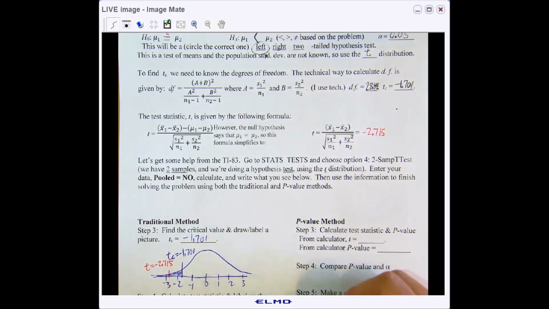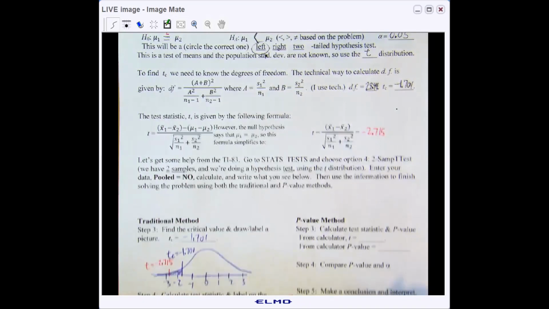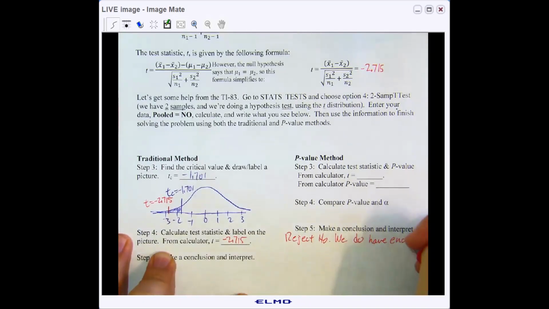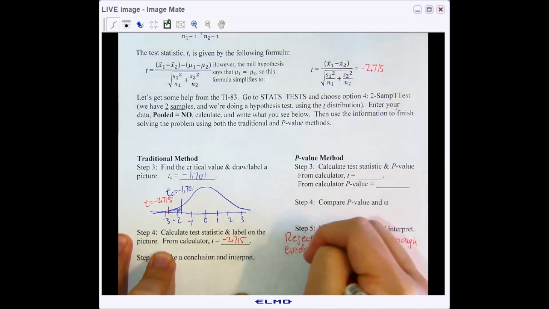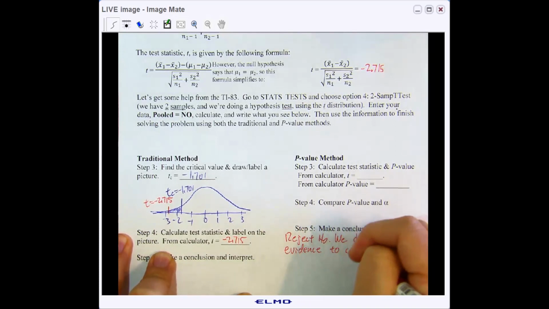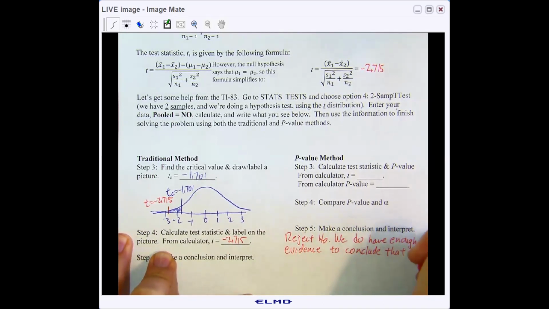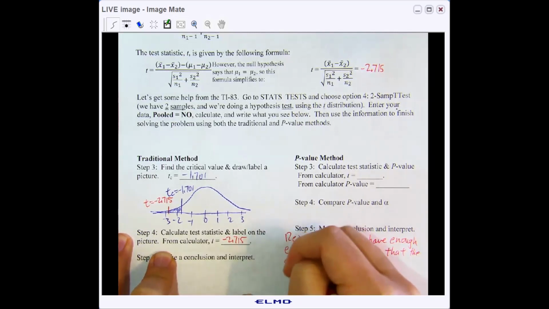That means we do have enough evidence at the 5% level of significance. Oops, let me slide this up. To conclude, and then let's put it into the context of the problem, that the average